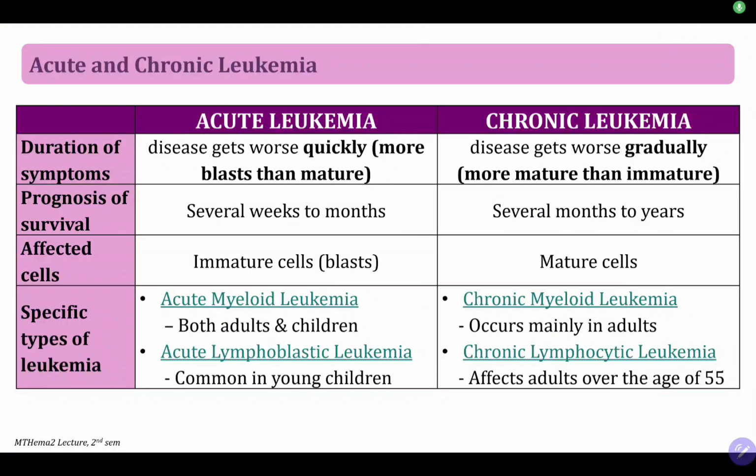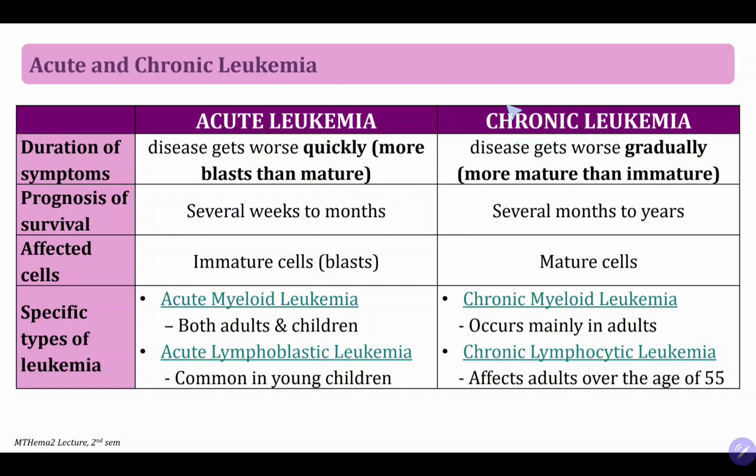Again, as a recall, these are the differences between acute leukemia and chronic leukemia. When we say acute leukemia, the disease gets worse quickly, it is rapid, and therefore it's usually from weeks to months only. The affected cells are the immature cells or blasts. We have already discussed ALL, acute lymphoblastic leukemia, and in this topic, we'll be focusing on AML, or acute myeloid leukemia. Now, for the chronic